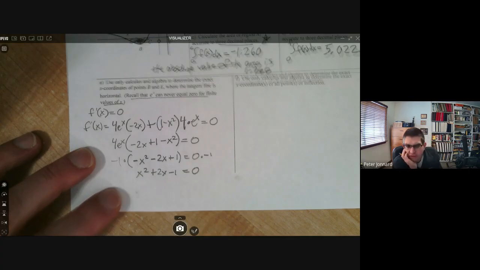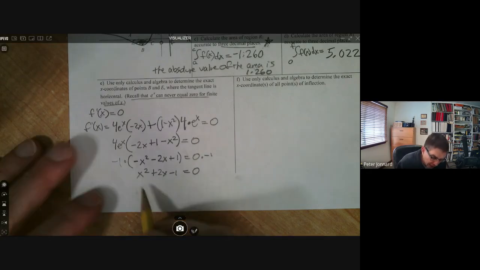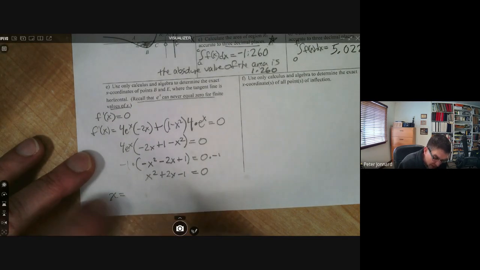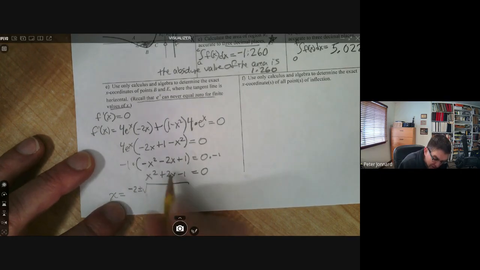And I'm trying to think of a way of factoring that. I'm not sure I'm going to be able to get that thing to factor. Well, am I missing something? So I guess now I'm going to have to use the quadratic formula: the opposite of b plus or minus radical of b squared minus 4ac